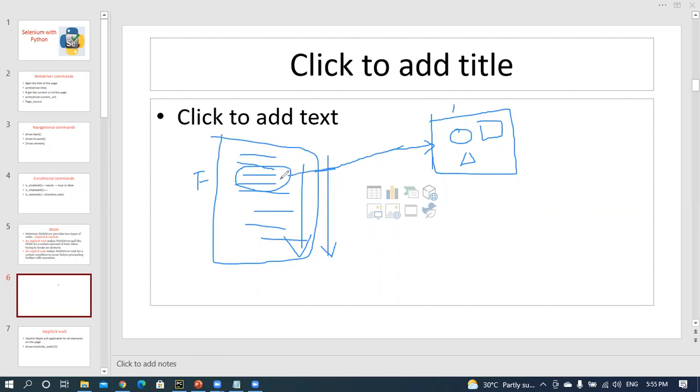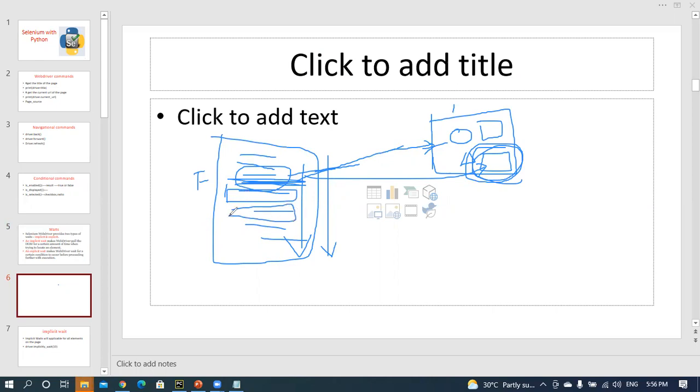For example, this particular line indicates find element by id, and if this line requires one particular element, for example a text box, but at that particular time the text box is not available, in the sense it's not loaded because of some issues, such as internet faults, then the code does not wait for it. It goes to the next line.